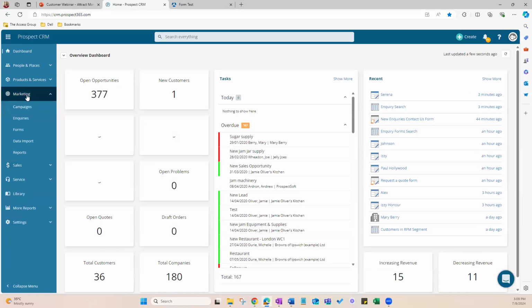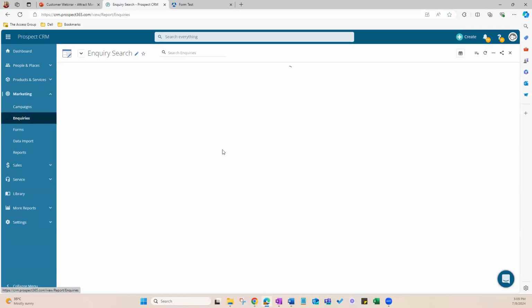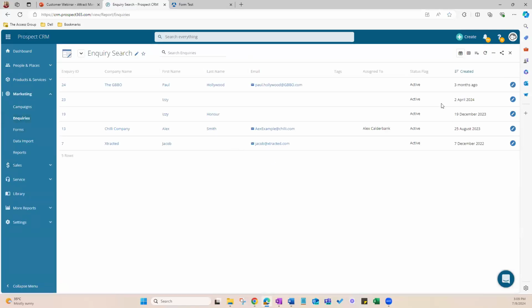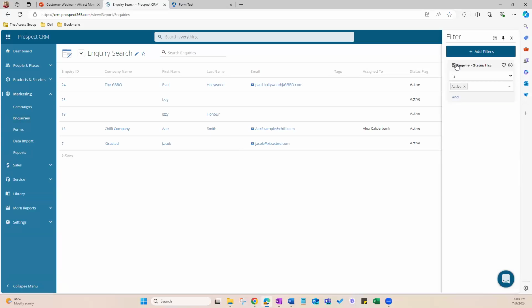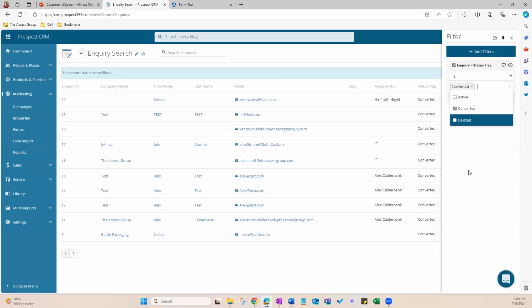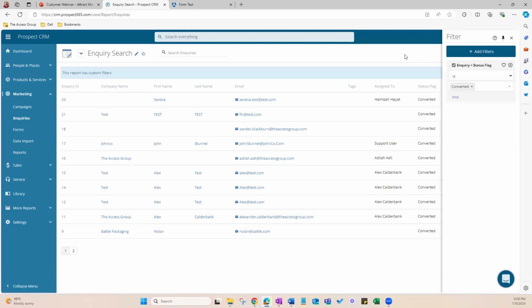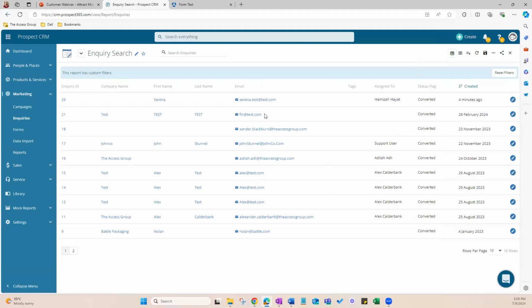If I go back to the inquiries page right here, which I said this is actually a report, you can still access inactive inquiries by going to this page by selecting filters. Click on the three dots right here, select filter, and all you have to do is adjust the status flag to show converted right here. There we go. And basically here we can see all of the converted inquiries,